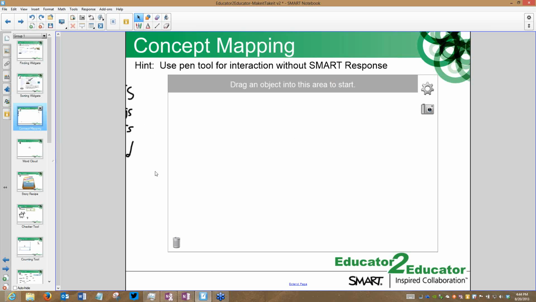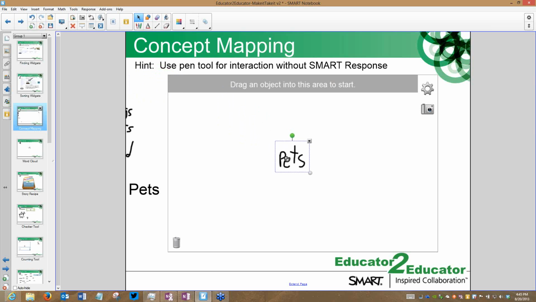The first thing to deal with on the concept map, just like anything, this is a brainstorming activity. You do have to have a central topic. I set myself up earlier, just a few minutes ago, because I know my handwriting is very slow, and I didn't want to bore you with having to watch me handwrite. But you can handwrite words off to the side of the widget and drag them in. So I've got a little concept in here called pets. I wrote it out, or you can type it out. Either one works. Because most of the time you're doing this active at the board, the pens work great for it.